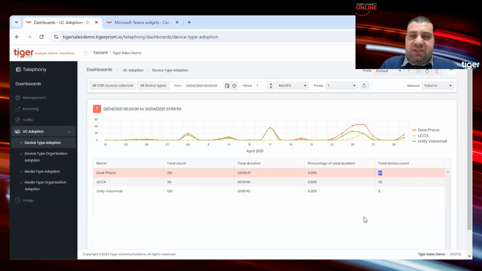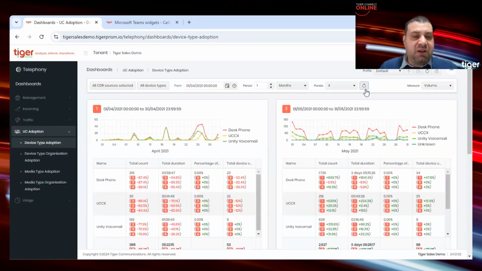So what I want to understand is over a 4-month period, so I'm going to change this over to a 4-month period. What was our uptake and downtake over this time? So what this dashboard does is look at our different panels and says, right, in the month of April, we had 23 active. Compare that to